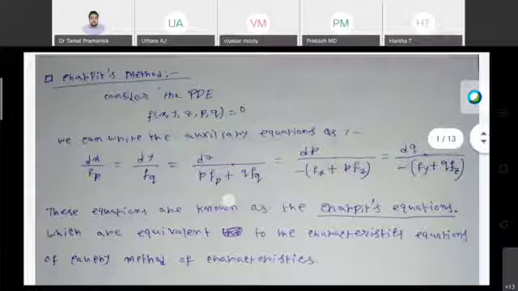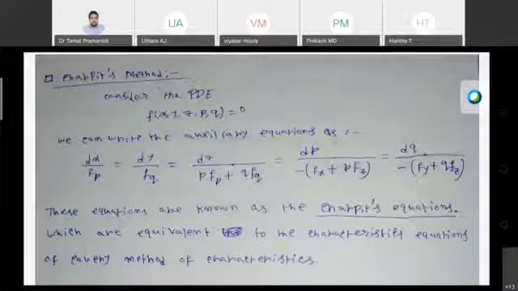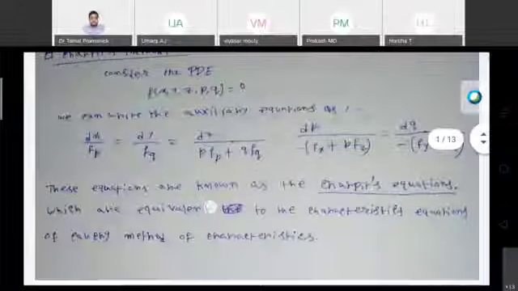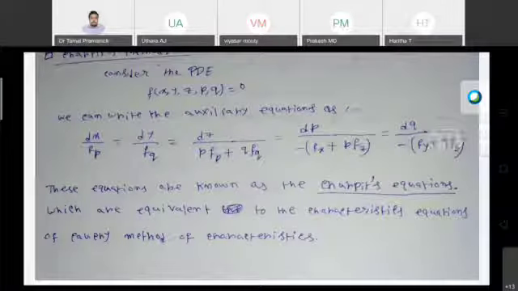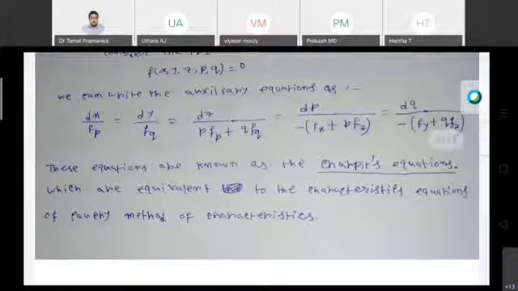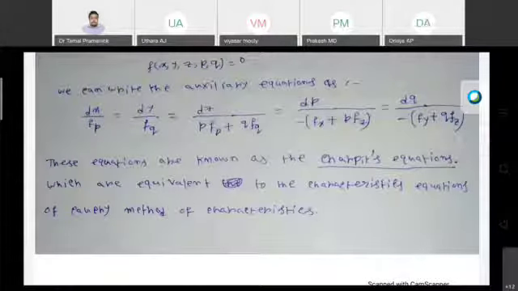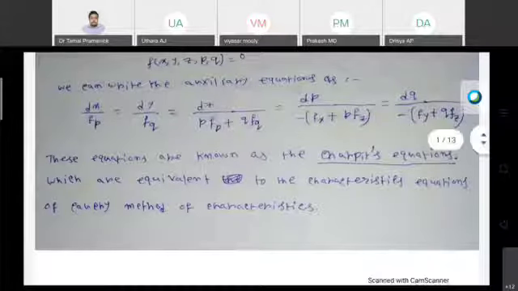Again, don't remember that as a different formula. There is only one formula. We are just writing it in a different style. We are not dealing with a different kind of formula. We have the characteristic equation for the first order PDE, and we can't change that. So we are writing some different forms for different methods. When you are writing it in parametric form, it is the method of characteristics. When you are writing it in this form, this is known as the Charpit equations.